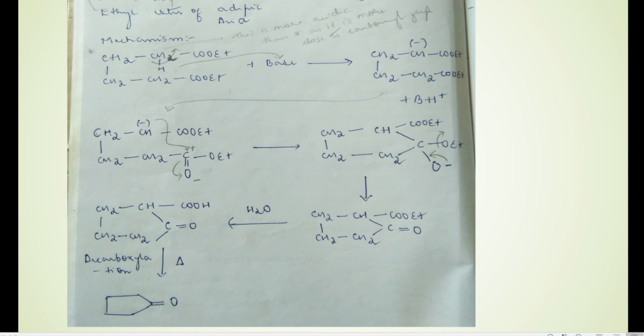So in the next step, what happens is that there is addition of water here. So what does the water do? It replaces the Et here with hydrogen. Okay, so you can see here COOEt was there and water dissociates to give H plus and OH minus, and that H plus gets added over here and Et gets eliminated as EtOH.